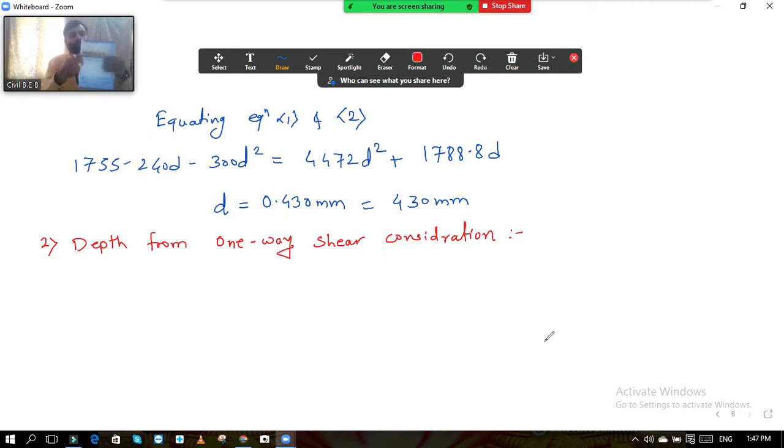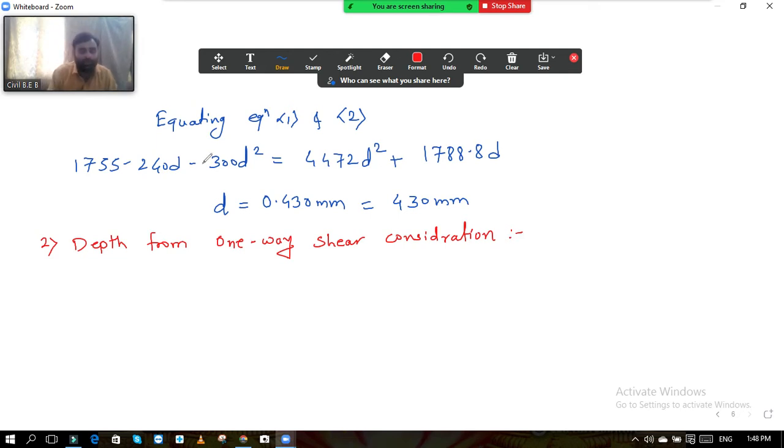So it may happen on this side or on this side. That means it can happen on this side or on that side, as I showed earlier. Now, for your understanding, consider either this side or this side. There is only one side, this width, this or this, and at the top either this side or the bottom. Okay, so this is called one-way shear failure. The footing failed due to one-way shear failure. This is the basic difference between one-way shear and two-way shear.